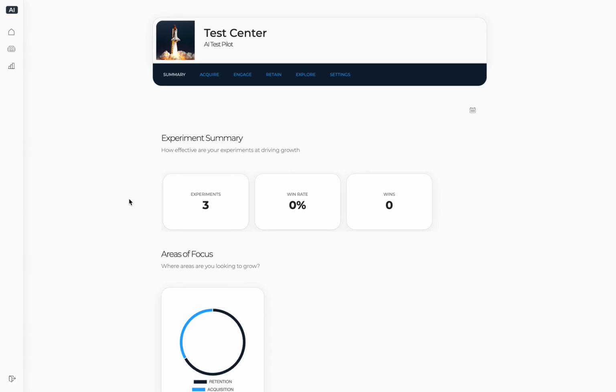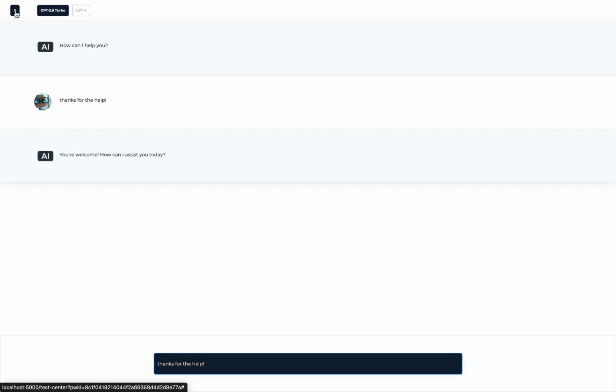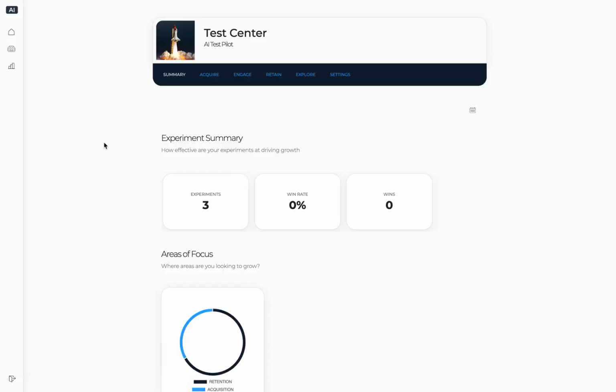I created a data import and actually built this entire integration with a custom GPT-4 and GPT-3.5 chat integration that I recently did up here. So you can click on that AI icon and just say thanks for the help. And it was really amazing just kind of building this product with an AI model such as GPT 3.5 and 4. So let's get back to